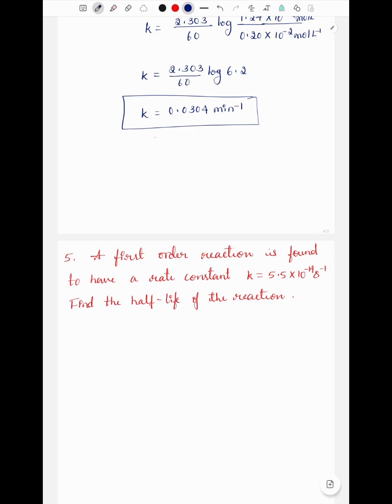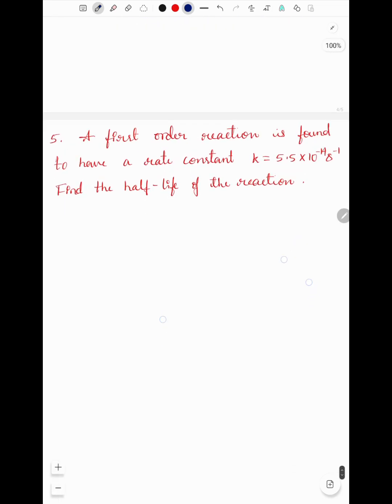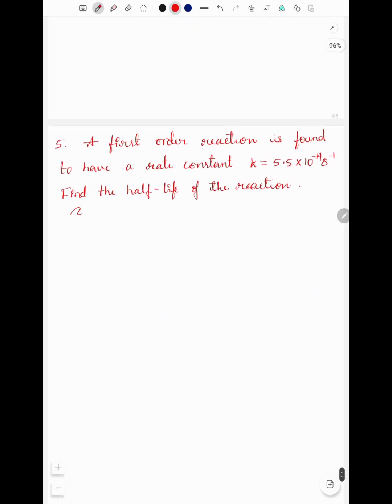Now let us read the next question. A first order reaction is found to have a rate constant K equals 5.5 into 10 power minus 14 per second. Find the half-life of the reaction, right? We already know the half-life of a first order reaction. Here, half-life is asked for a first order reaction. Hence, t half for a first order reaction is given by